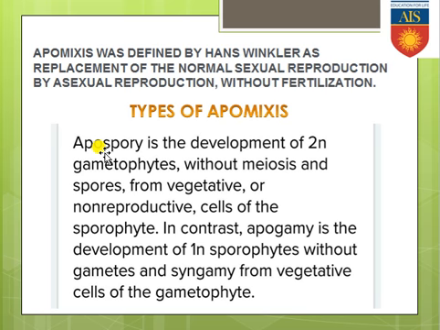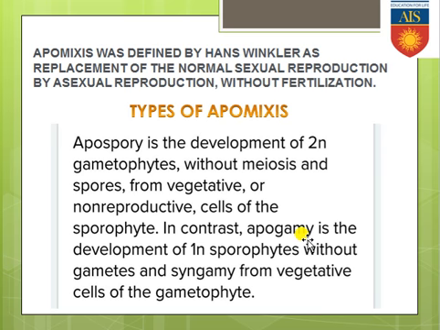Another part is apogamy. You can see here the gametophytic plant body, normally when it is converted to the sporophytic plant body, obviously fertilization has taken place because the gametes are fertilizing with each other and forming the sporophytic plant body, which has 2n number of chromosomes. But here during the apomixis, the apogamy, this specific gametophytic plant body will be converted to the sporophytic plant body without any fertilization, without any fusion of gametes, and for that reason the sporophytic plant body will contain cells with the haploid number of chromosomes, and these are the vegetative cells of the gametophyte that will be formed.